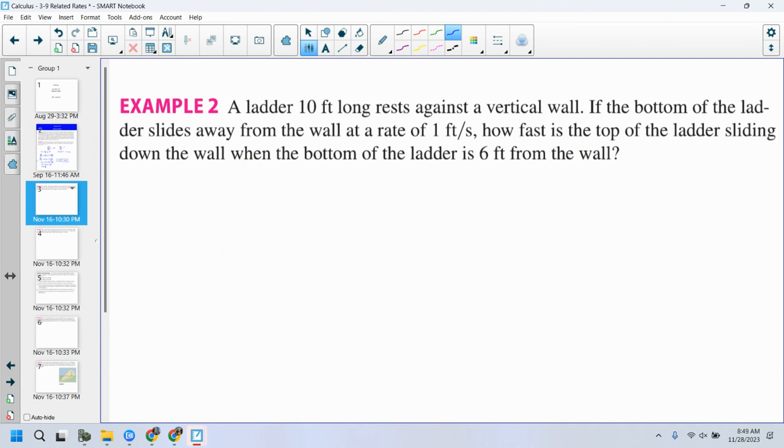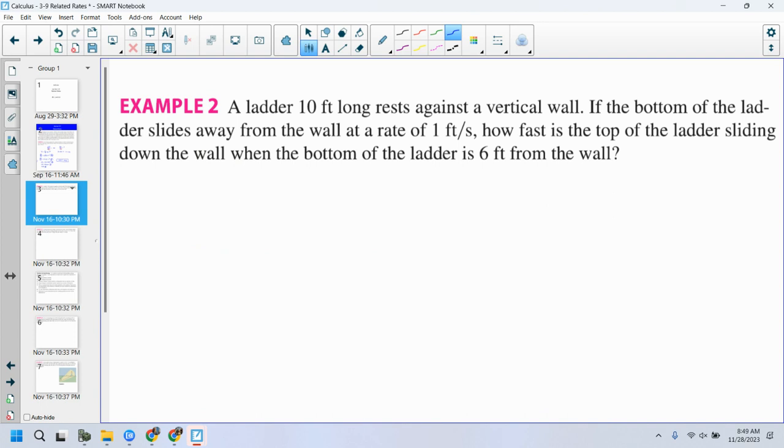Okay, a ladder, which is 10 feet long, rests against a vertical wall. If the bottom of the ladder starts to slide away from the wall, and it slides away at a rate of 1 foot per second, how fast is the top of the ladder sliding down the wall when the bottom of the ladder hits 6 feet? Okay? Now,